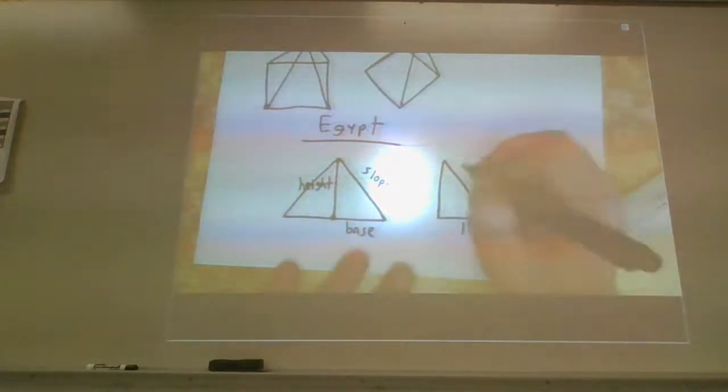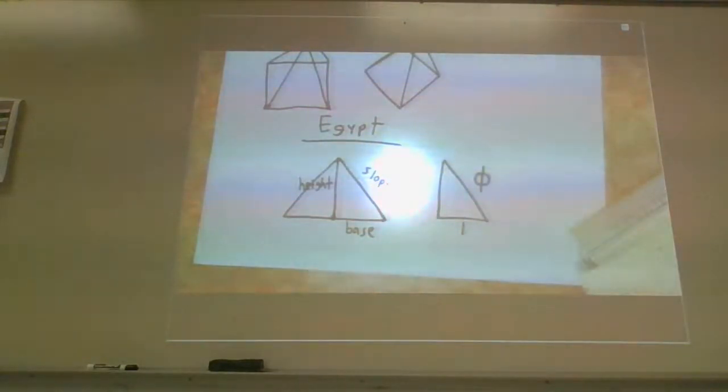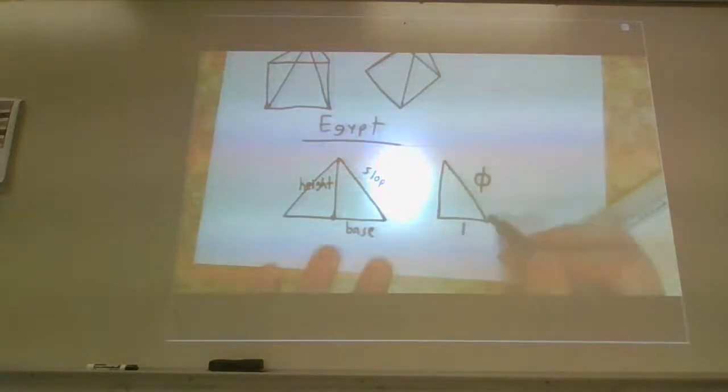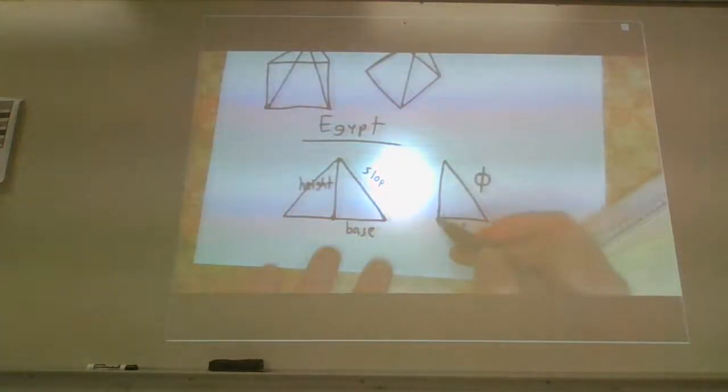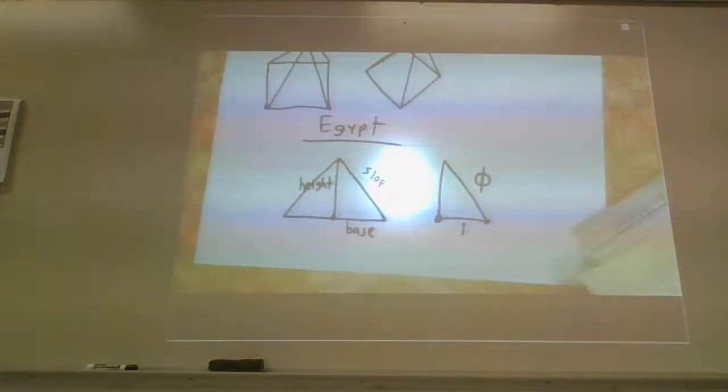Well, the length of the slope has a ratio of phi. If you take the length of the slope of the pyramid and divide it by, technically, half the base, because I'm going from the middle of that height all the way to the edge right here, the pyramids of Giza reflect that ratio to perfection.